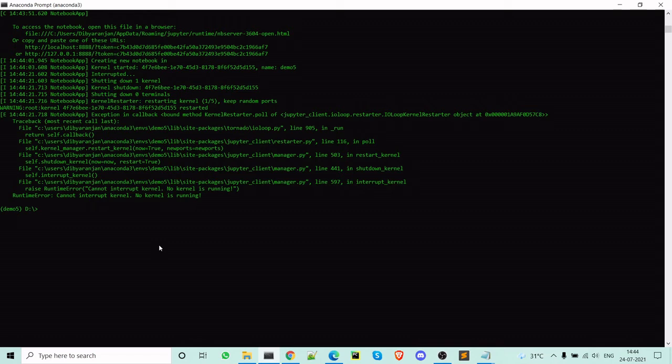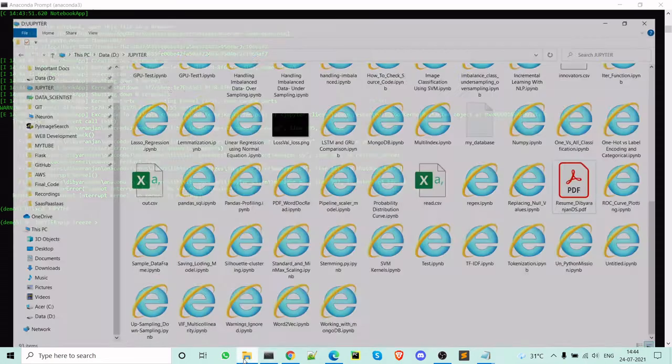Before closing this tutorial, I want to give one more point here: how to create your requirements.txt file. For that there is a command. Let me go to my Jupyter directory first and check.